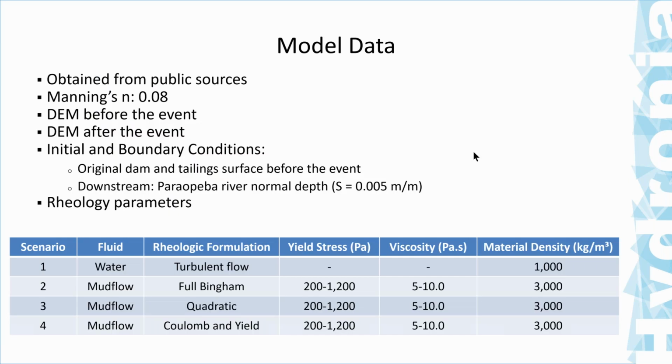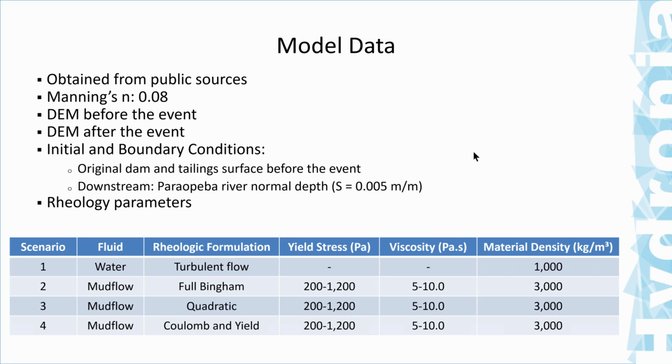So the data that we use was all obtained from public sources. We use a constant Manning's n, although in viscous flow, the Manning's n does not play a big role in many of the formulations. We use a DEM, a digital elevation model, for the existing conditions before the event, and one for after the event. We use initial conditions that correspond to the dam surface that was observed before the event. And also we use downstream in the Paraopeba River a normal depth condition with a slope of